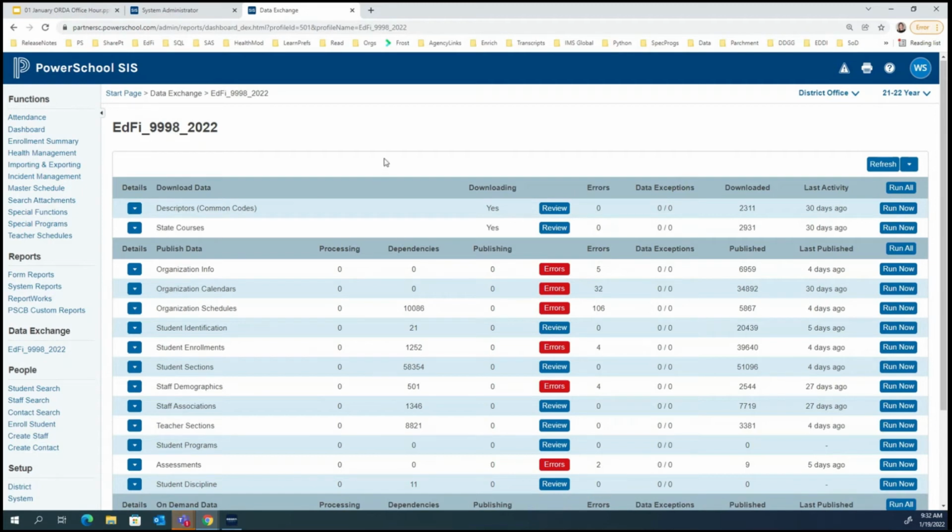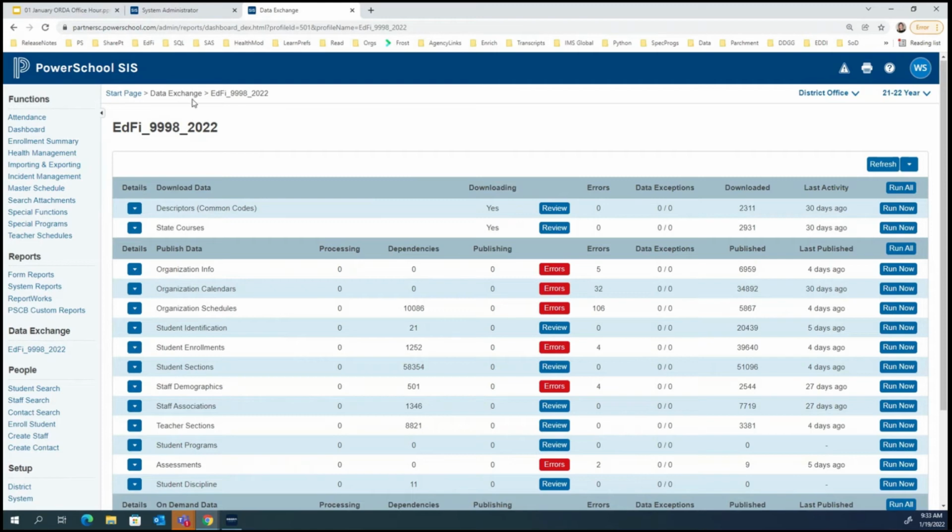There is another step, however, that we didn't ask you all to take when we did EdFi onboarding that we're adding in, because it will help things publish more smoothly, and that is called code set mapping. And while it's doing this, we can navigate away, and it will continue, so that's fine. I'm actually going to show you guys.